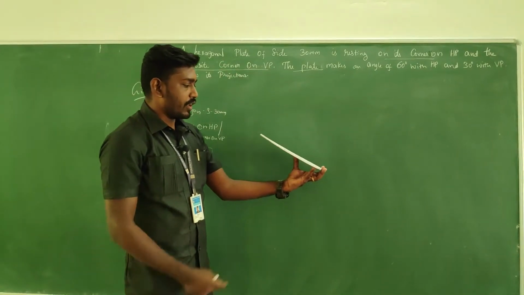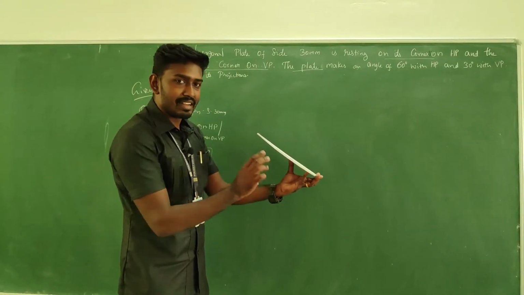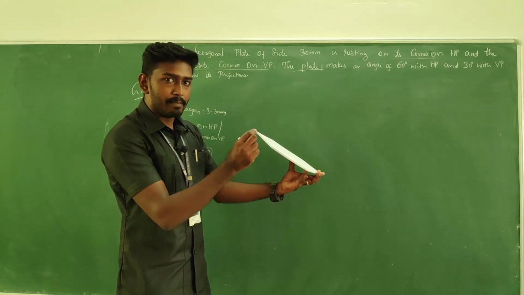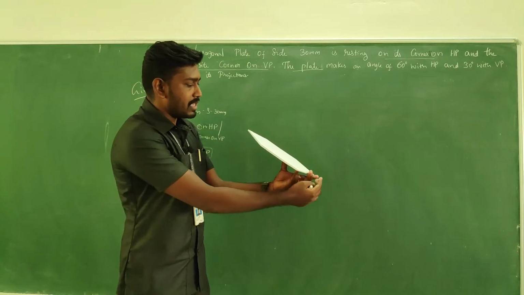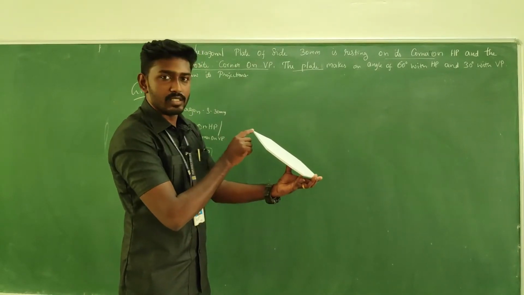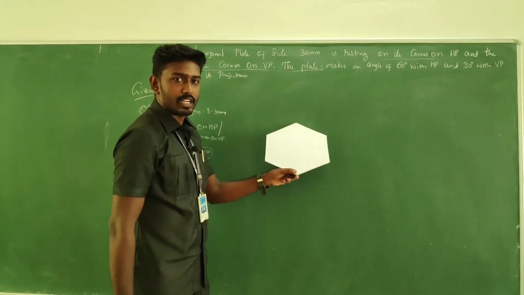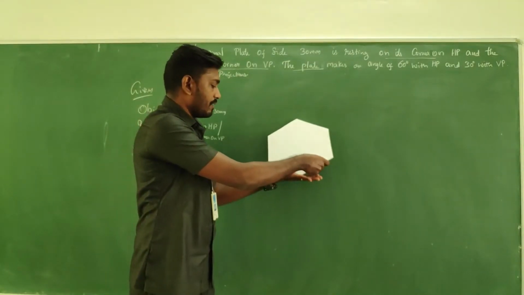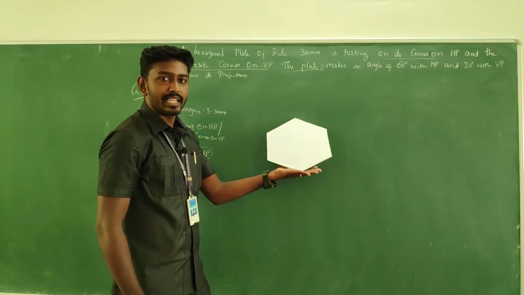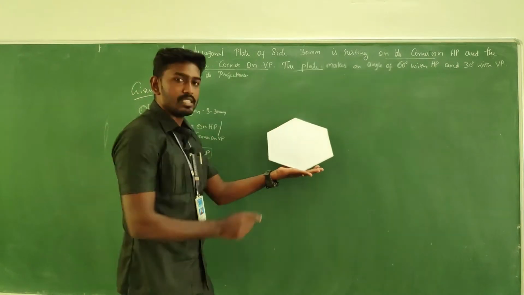That means when you are doing the position, up to this the surface inclination is satisfied, and in order to keep the opposite corner, that means if it is the resting corner on HP, the opposite corner is this. So what is given? It should rest on VP. So if it is a horizontal plane and a vertical plane, the object is being kept something like this. One of these corners is on HP, one of the corners is on VP.